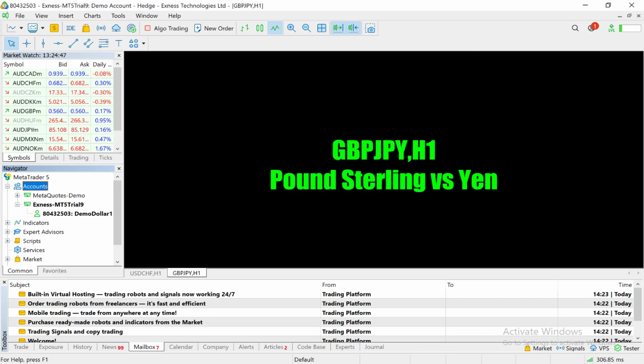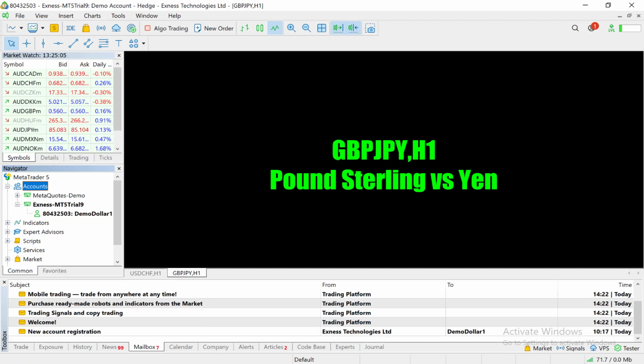So if you now want to pick a trade, before we go there, let me show you something else. So that's how to add your trading account and how to open a new trade and other stuff like that. So what you need to do, if you see this place, we call it the toolbox,